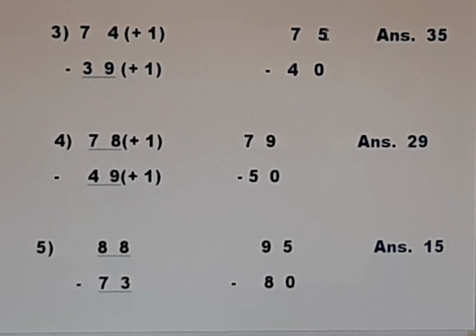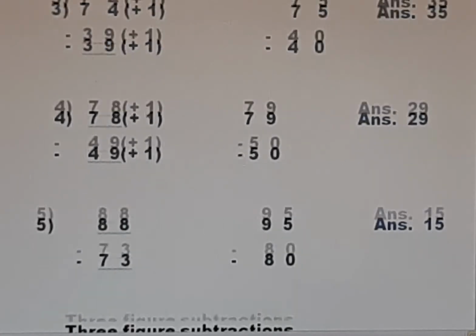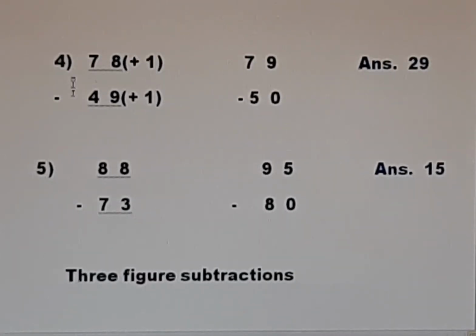Now the main thing is, the ones number will be as it is, 5 will be the same. You have to just minus 7 minus 4. You will get 3. 3 and 5 will be the same. So 35 is your answer, and this is the answer of this sum. Don't forget all these things. After that you have to do all the things mentally. I am just giving the steps. Now we will go according to the steps.